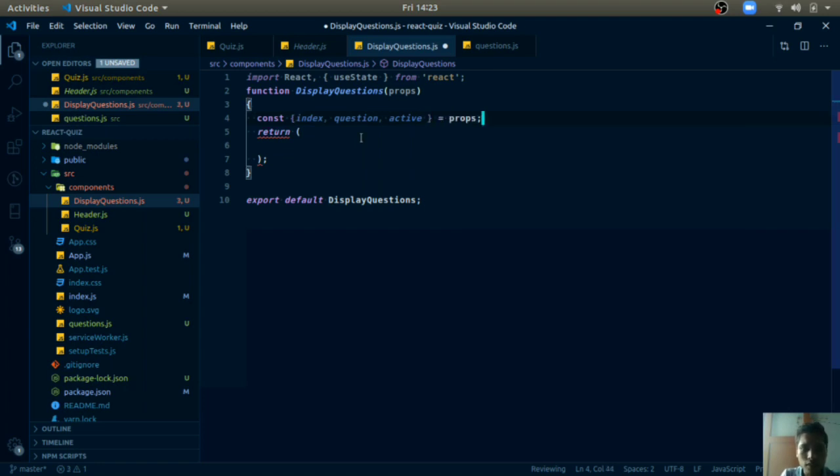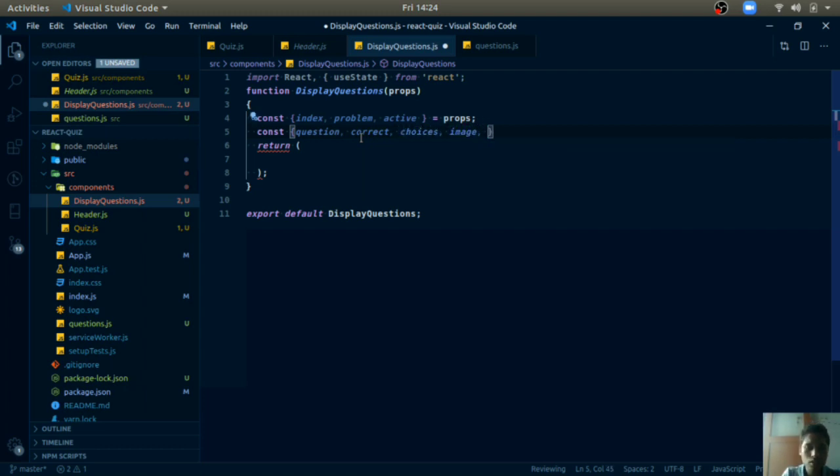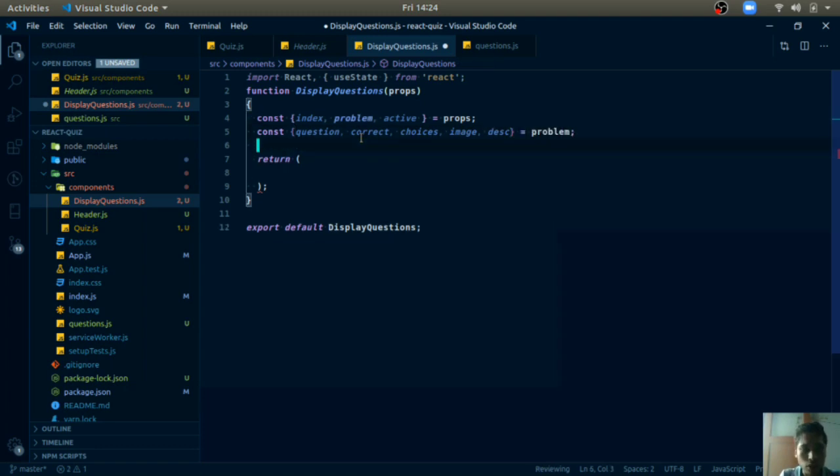So we can write this as props, and the question will contain the 5 properties I told you. The name will be the same, so I will replace this with problem. Question, correct option, choices, image, and description. This will be contained in every problem. So we have got this.